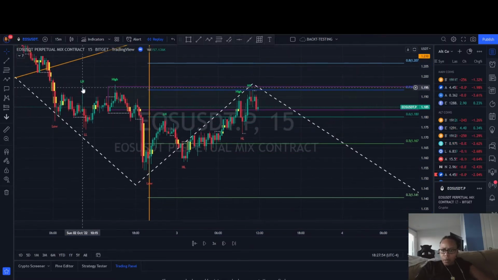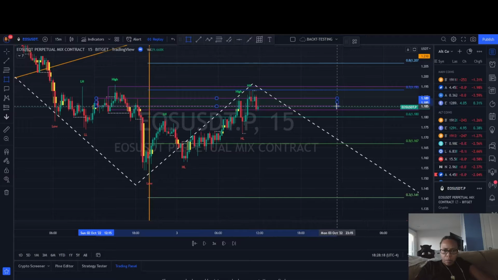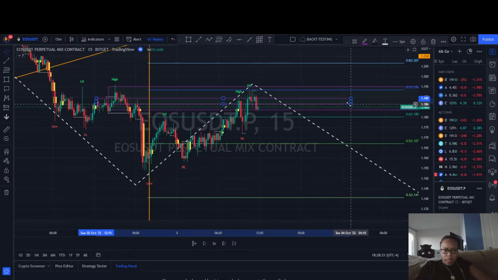And it looks like we have a QML happening. Is that right about here, I think? Still working out how to make sure I find that, because this is the high, the low that formed it. Yeah, so I think about here, this candle right here. So let's pop that in as the QML, assuming I'm right. All right. So that's getting a little busy, right? So what I'm hoping for is an entry somewhere in the middle of this,